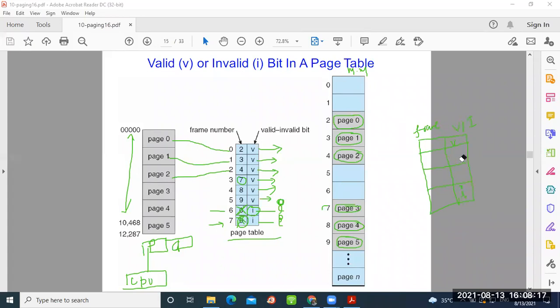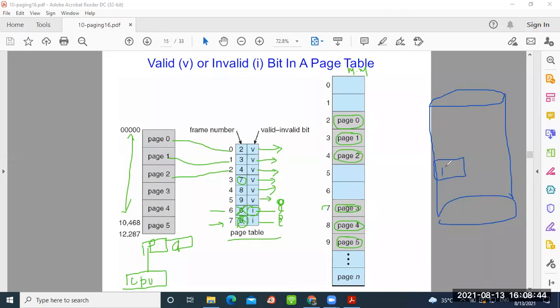अभी क्या करना पड़ेगा आपको? अगर ये पेज आपका invalid है, now if the page is invalid, that means the page is not having any frame number. If it is not having any frame number, what does that indicate? The page is not available in main memory. If it is not available in main memory, then what do you have to do? Now I have to bring back this page. Actually page कहाँ पे store आपका? ये जो पेज आपका सेकेंडरी मेमोरी में हमेशा स्टोर रहेगा.